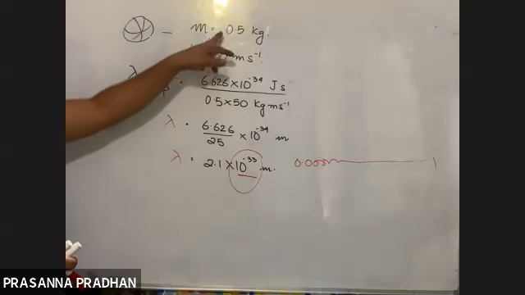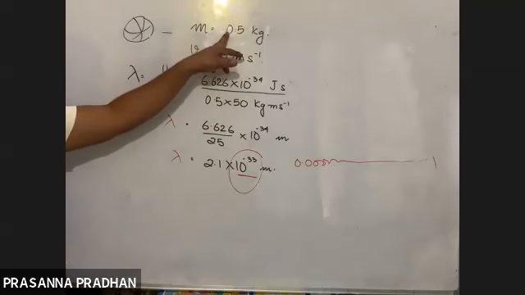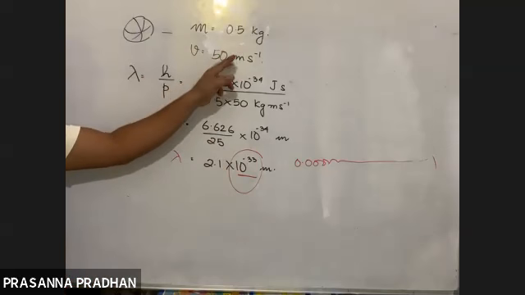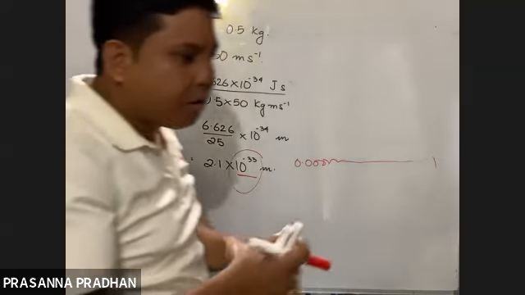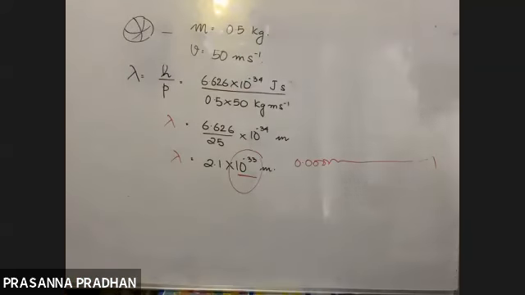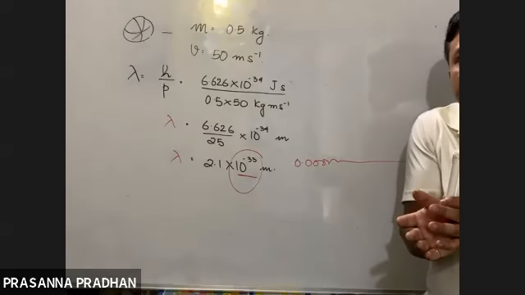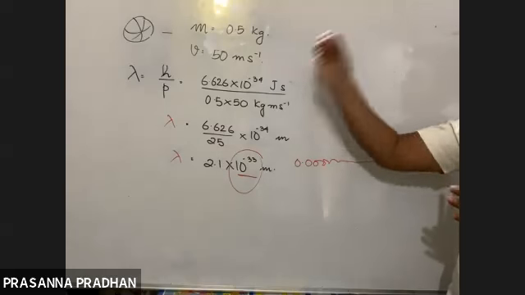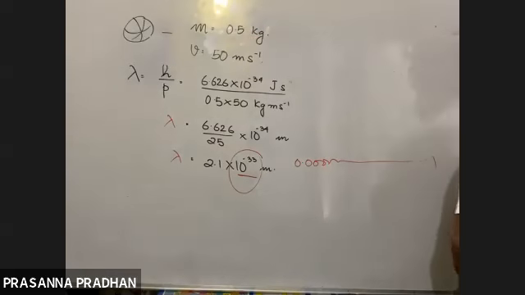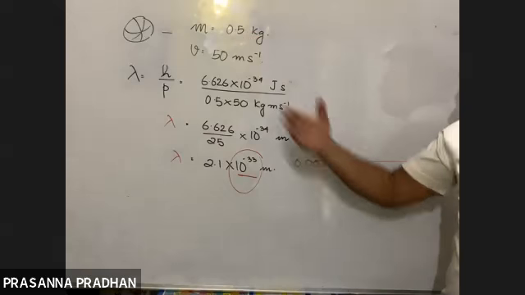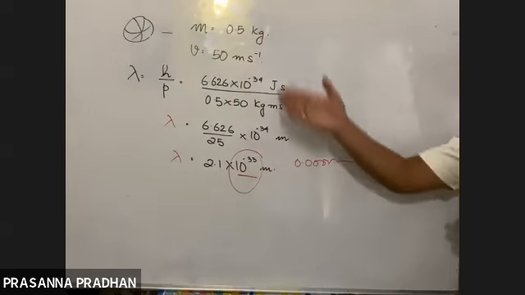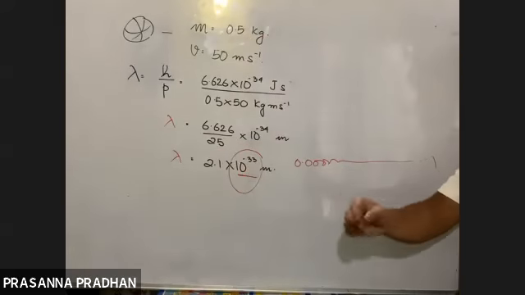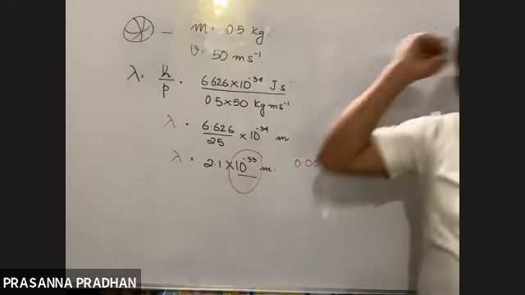Why? Because the particle character is greater, the mass is greater. Velocity is less, but mass, you saw, the mass is greater. So we never talk about the wavelength of a macroscopic object. For which will we discuss wavelength? For a microscopic object whose particle character is extremely small. For a macroscopic object, the particle character is predominant, not the wave character. It's proved that the wavelength is so small that it cannot be measured accurately.